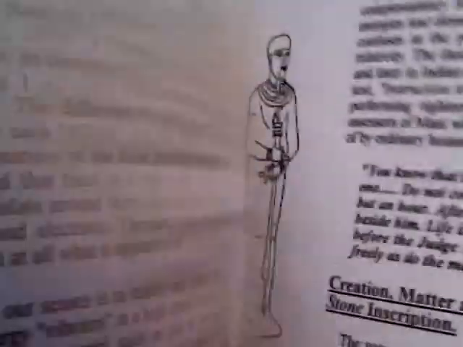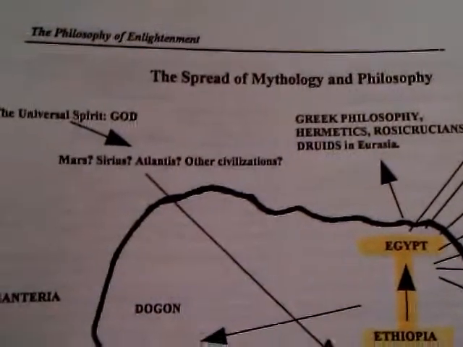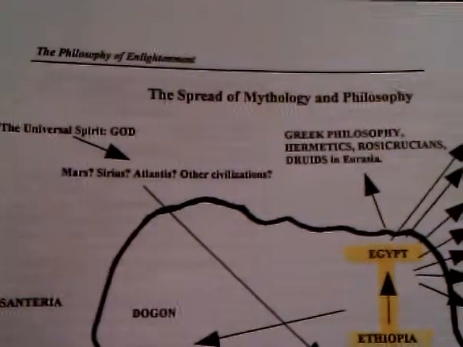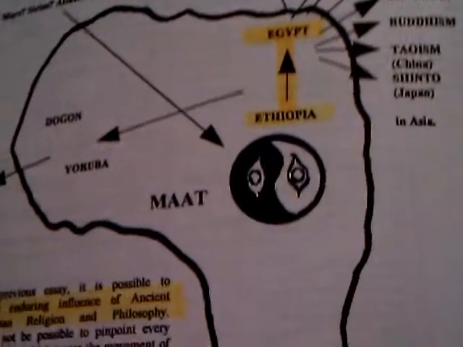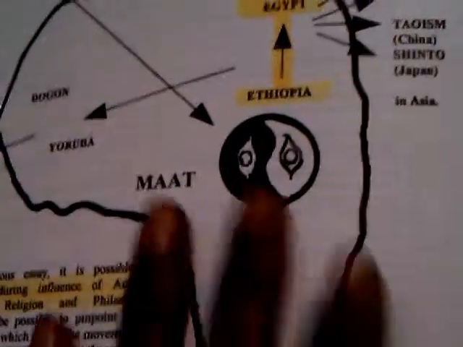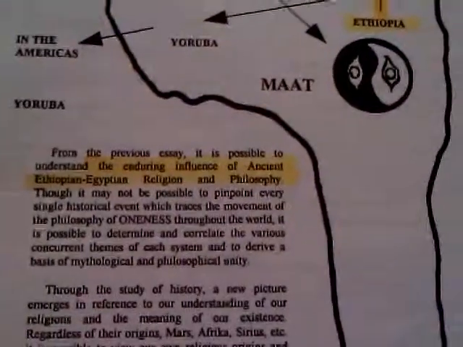But not too many people really refer to this book, and so we decided to present a little treatment of some of the subject matters, like this particular chart right here, the spread of mythology and philosophy. Now, when we get to the heart of it, this is a basic map, so to speak,